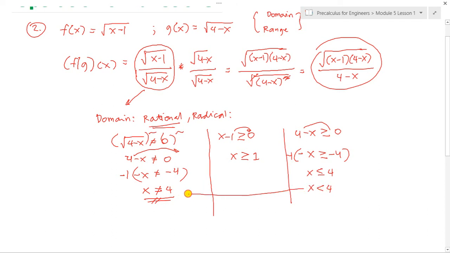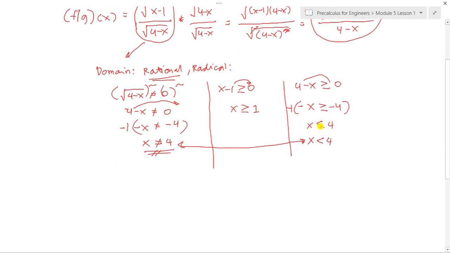Okay, akong gi-connect sila diri ha. Kay ingon ba diri nga di man pwede labot si 4 kay by the restriction of our rational expression, di labot si 4. So that's why ako lang gi-change into strict inequality. Wala lang ako gi-equal kay may labot si 4. Therefore, if we're going to plot this one, this is 0, we have 1, then we have 4. So 1 is included, so makabutang tayo nga this is brace patungo positive infinity. Ang 4, since dili siya included,